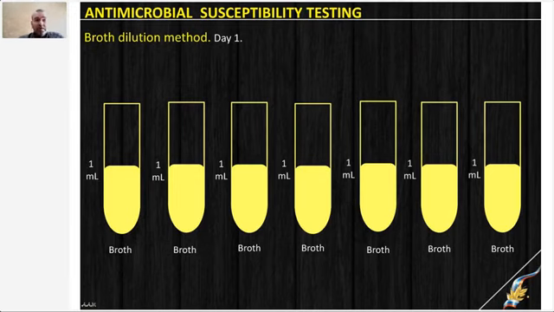To perform the test, again, you need to take several test tubes with 1 milliliter of nutrient broth suitable for cultivation of bacteria. Again, the main task for you is to make multiple tubes with different concentrations. And of course, you need to compare, then you need to inoculate bacteria in every test tube, incubate at 37 degrees for 24 hours as minimum, at night.